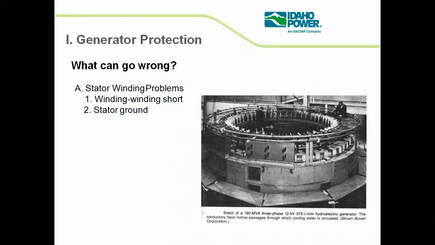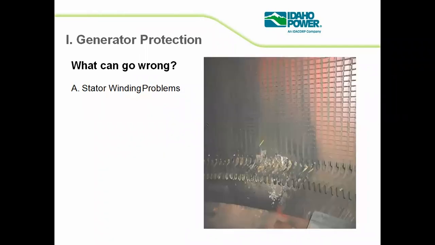Now, what can go wrong, and what do we need to protect the generator from? Generally, there are stator winding problems, and two types of stator winding problems occur in the generator. Number one is winding short circuit. There is a chance that the stator winding gets short circuited, or a stator ground fault occurs. When one of these faults occurs, your system collapses, your generator will not start rotating, and hence electricity will not be generated. So you can see this is the picture of a stator winding problem. Here you can see the winding has burnt off.